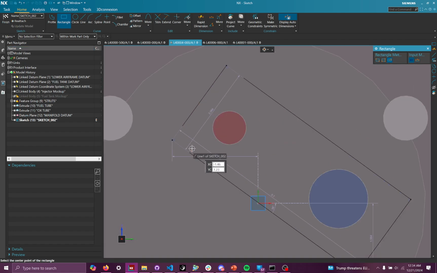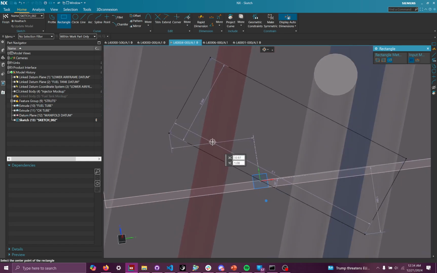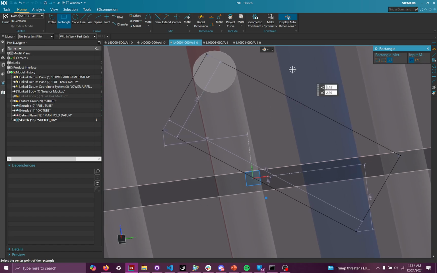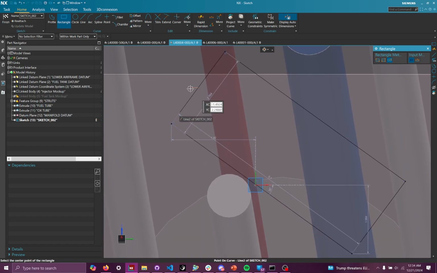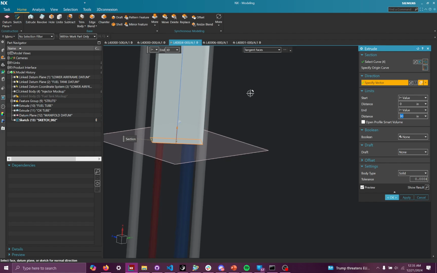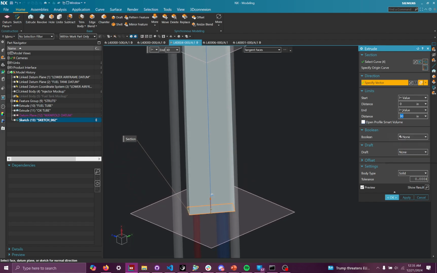Oh man, why is it doing that? That's weird. Oh wait, actually no, that's just the dimension thing in the way. I thought these lines were disjointed because that grayed out area was covering up the line itself. I think that's just a visual thing. So there we go, there's our manifold, and instead of 30 inches, I'll call it 2 or